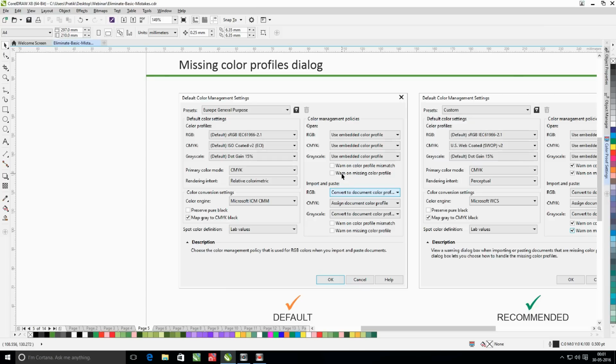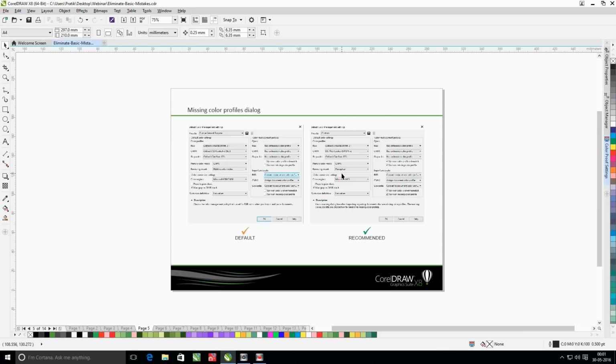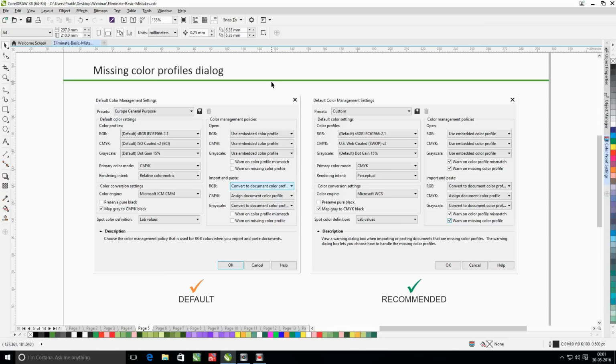Now whenever you import or paste an object or an image into CorelDRAW, all those objects or images should have some kind of a color profile associated with it, so that is basically how the colors are processed depending on the default color management settings in the application.